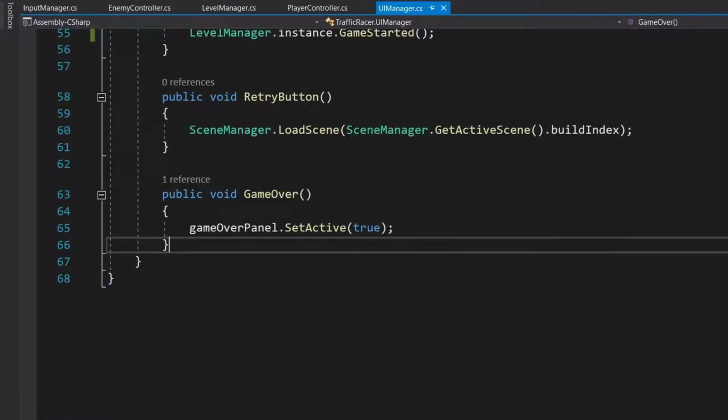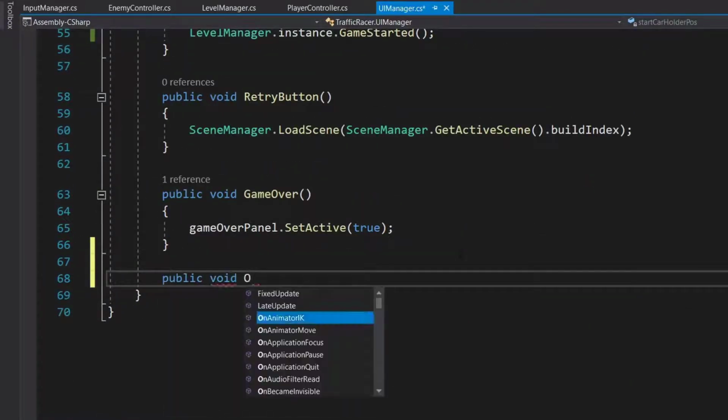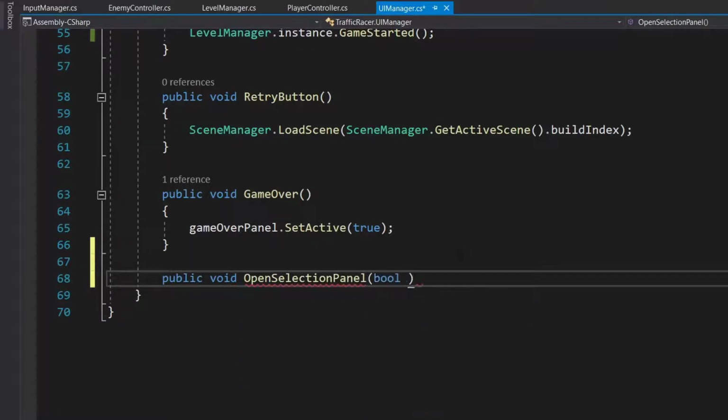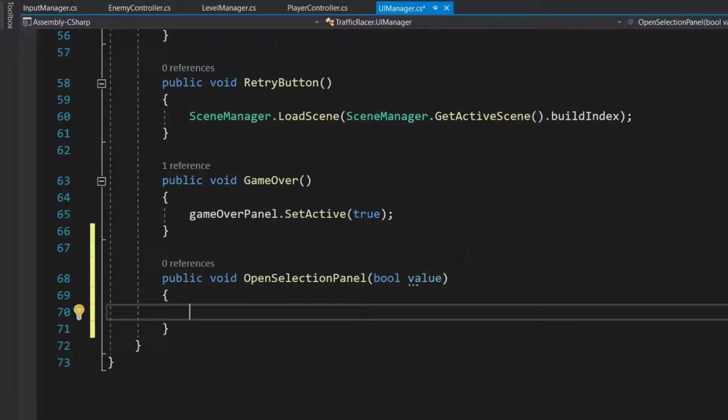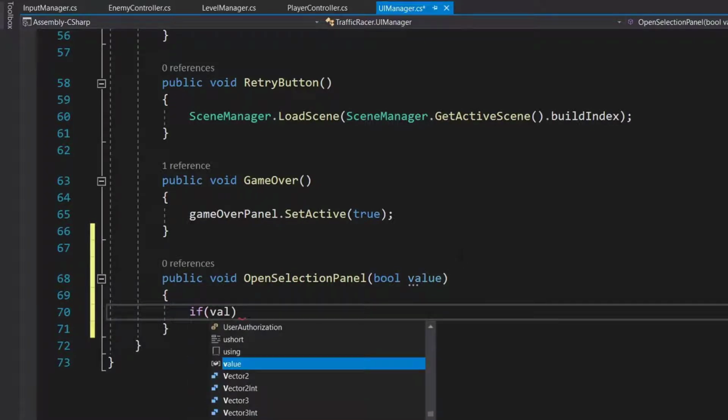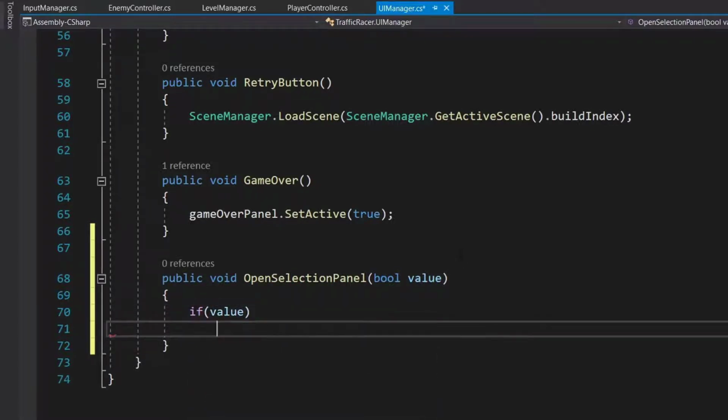So let's create a new method, public void OpenSelectionPanel, and it will take a bool value. We are going to use the same method for open and close of the selection panel. First we'll check if value is equal to true.